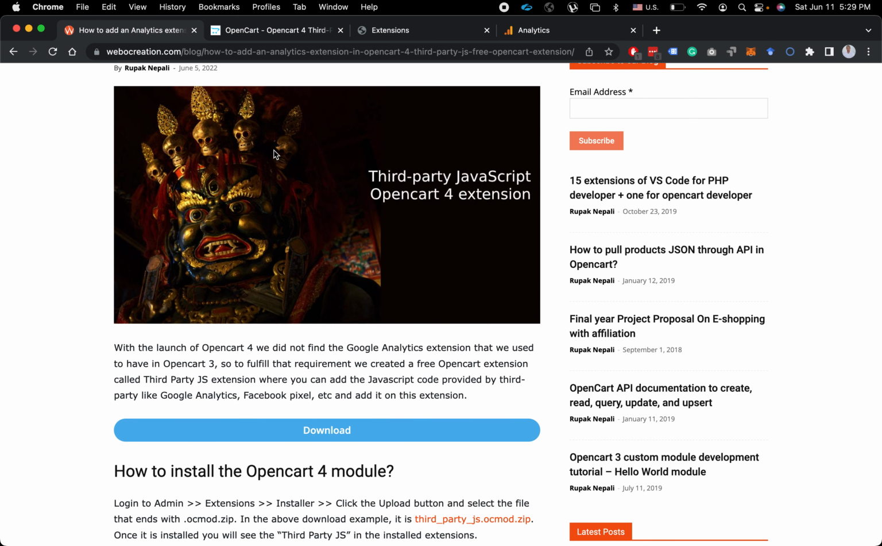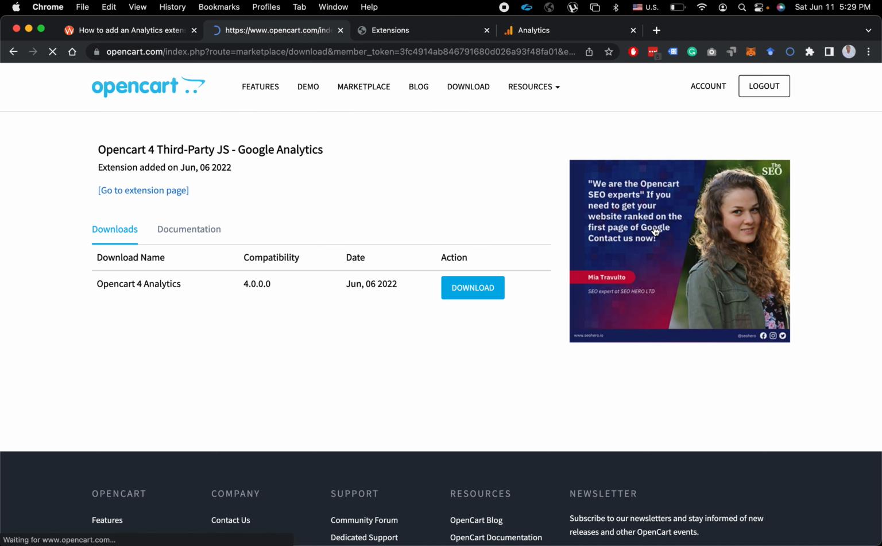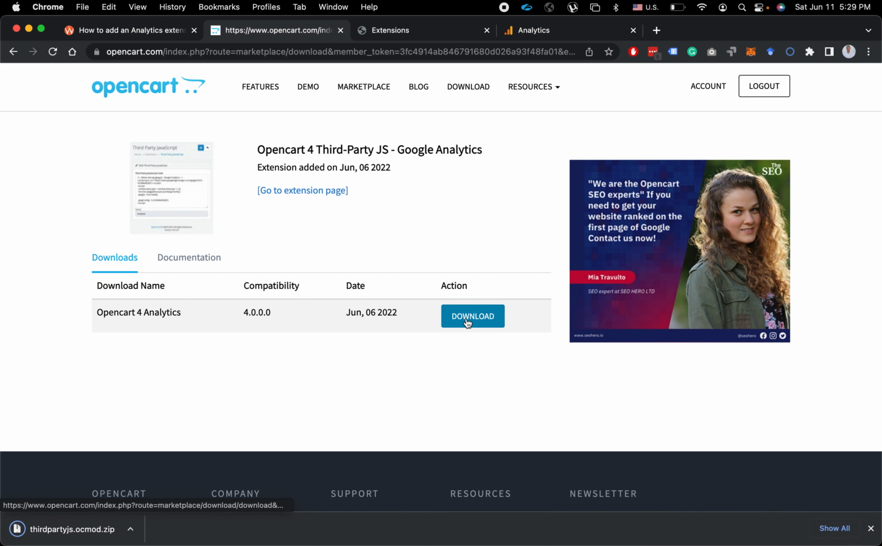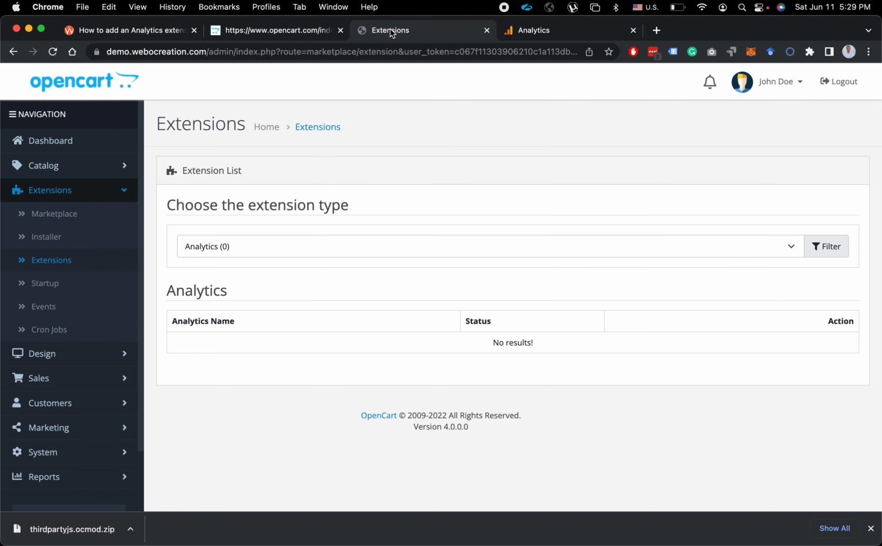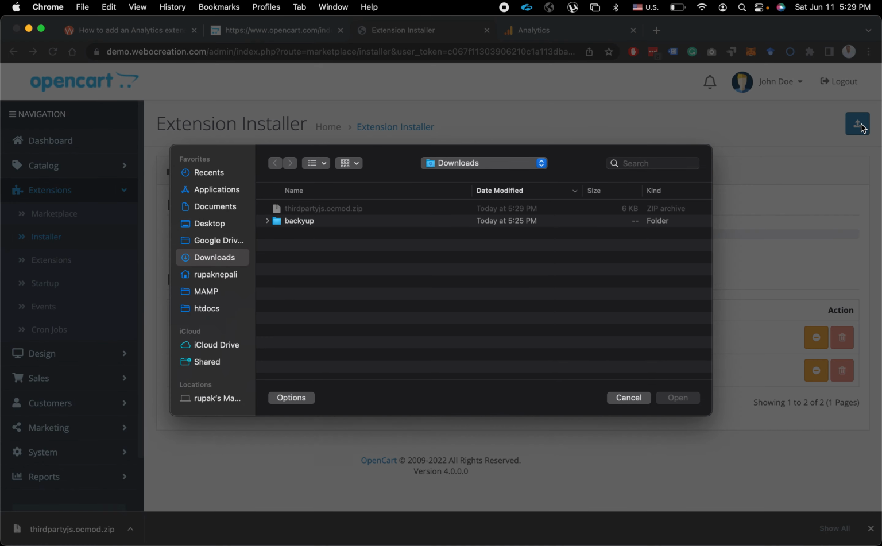directly from here. So when you go to Marketplace, download, and click download, then to upload or to add the Opencart extension, go to the admin section of Opencart, installer, click upload,